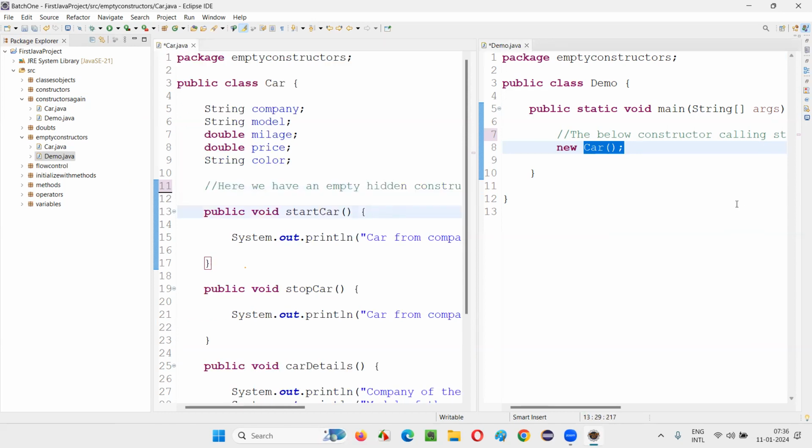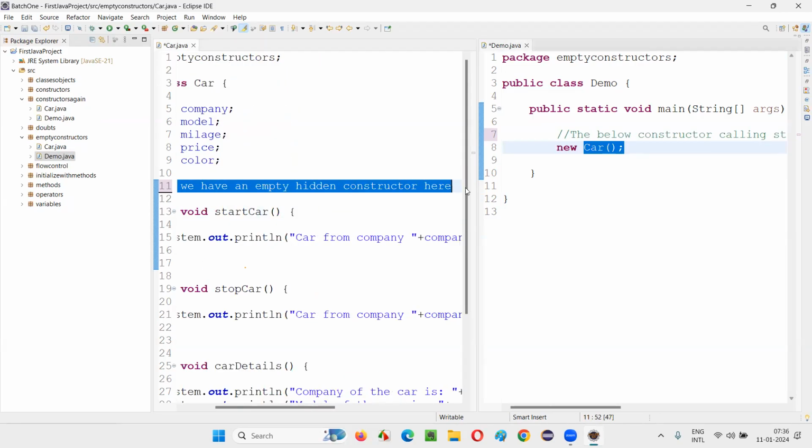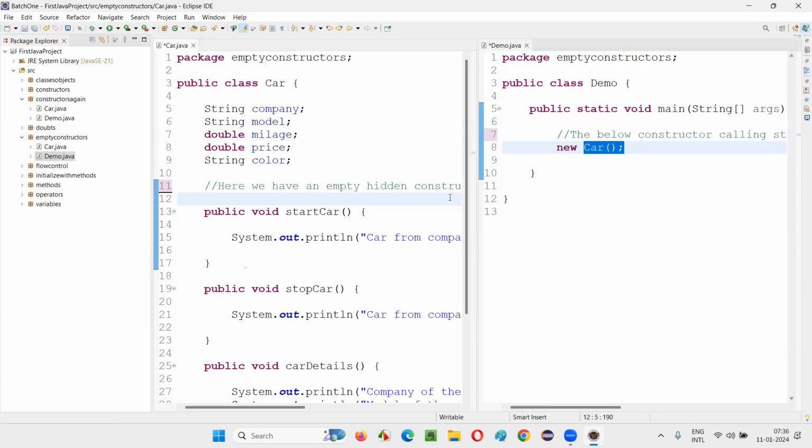Sir, is this default constructor used to initialize the objects? No. The default hidden empty constructor, there is no use. Java is only maintaining it so that you will not get any problem. Even though you don't have anything to do with the constructor, still you are writing an object creation statement, and you are calling a constructor automatically.